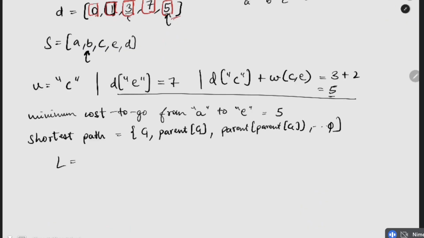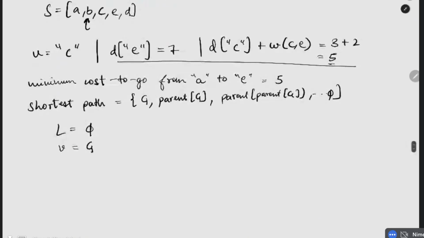Let's say we denote it as L. We initialize L as an empty set. If we want to write it in algorithmic form, we say that V is the goal vertex, and while V is not null, or is not an empty element,